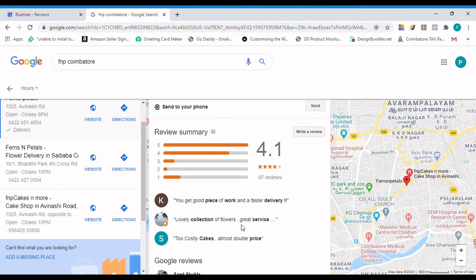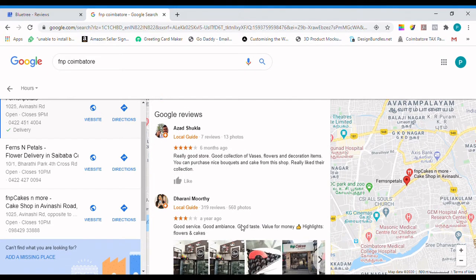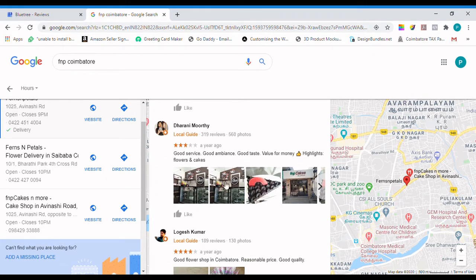So what are the things the Google customer can provide? A customer can provide a rating up to 5, and they can provide information about how the service and the product were. A customer can also add pictures. So this will help to boost your business.